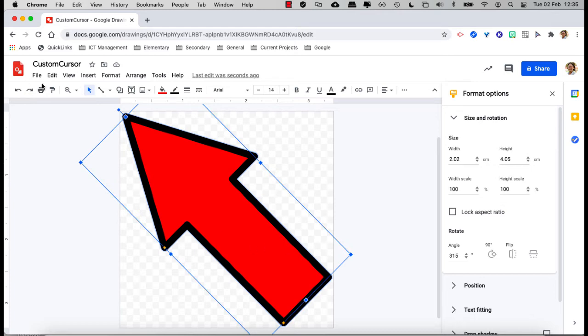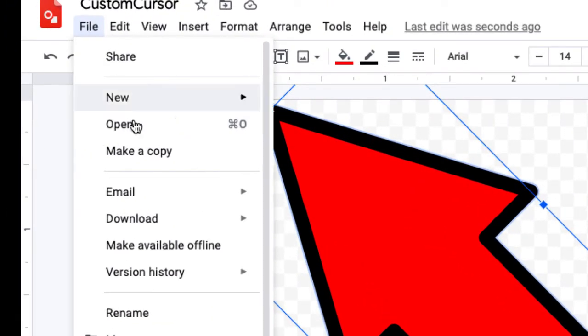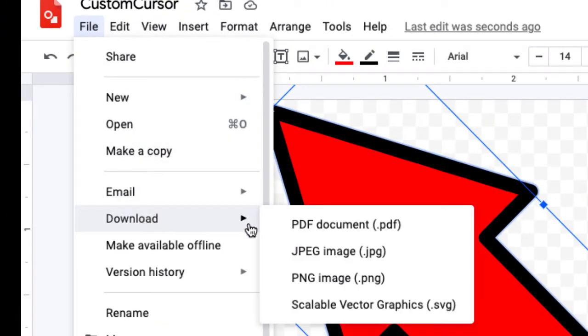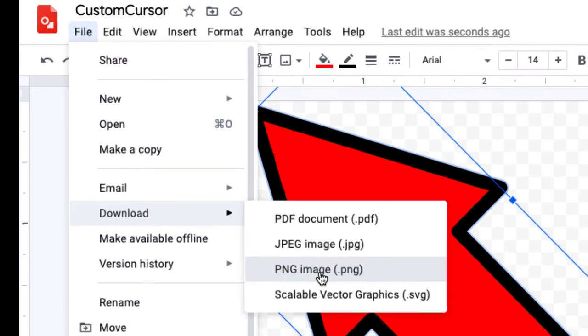So I now need to export that or download it. I'm going to go to File, and we're going to download a copy. We're going to download it as a PNG. Really important you do it as a PNG, so that way you get this transparent background. If you download it as a JPEG, it's going to get a white background. Your cursor is going to look pretty stupid. So go PNG,